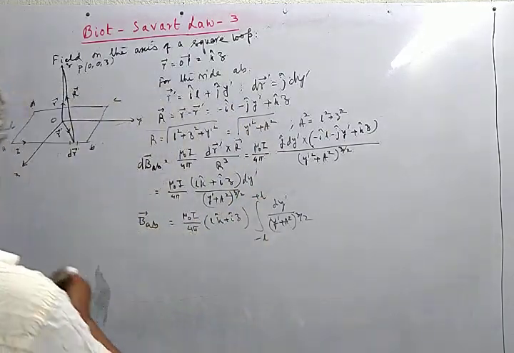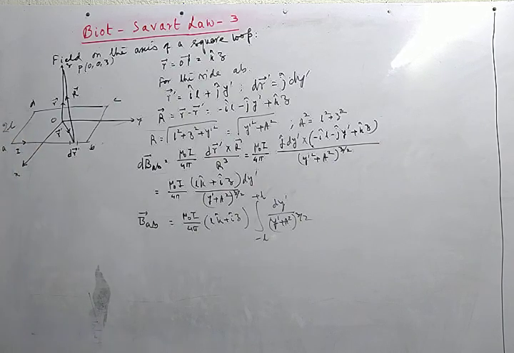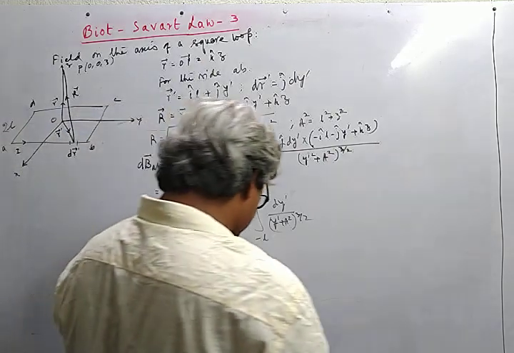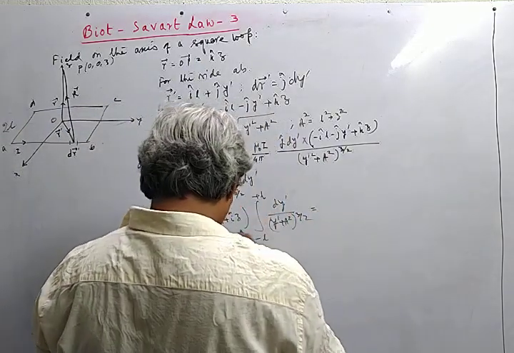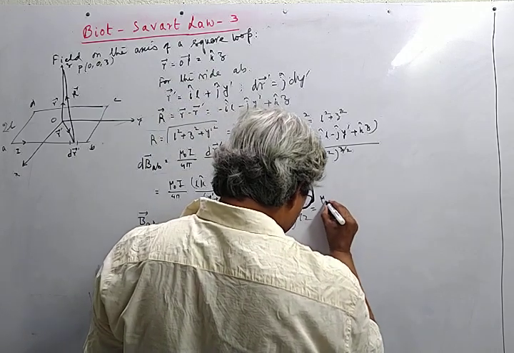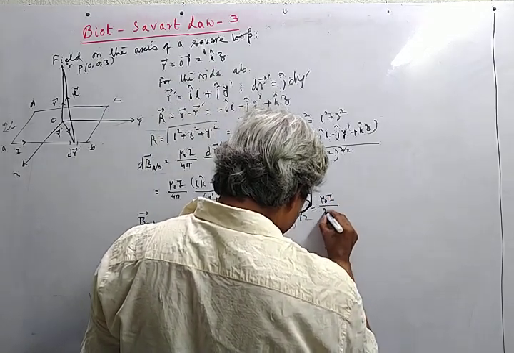Actually, we have considered a square of length 2L. So this becomes, since the integrand is even, just 2 times